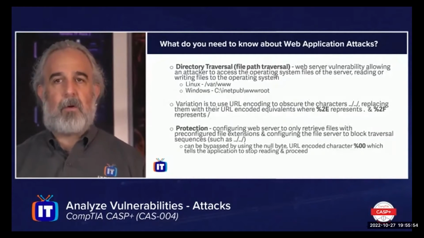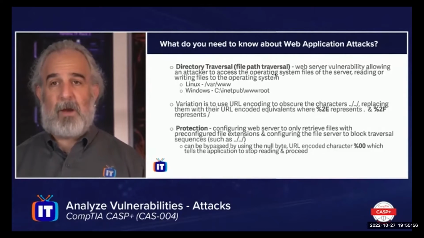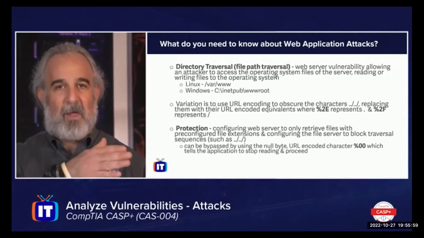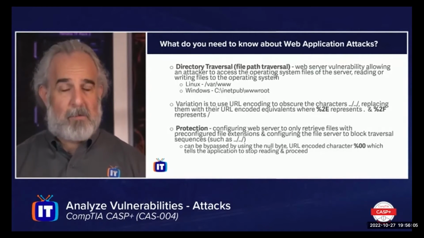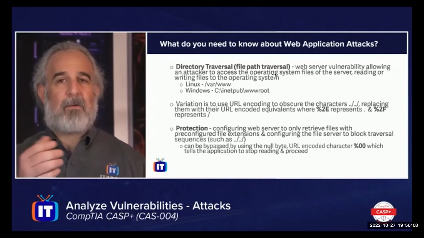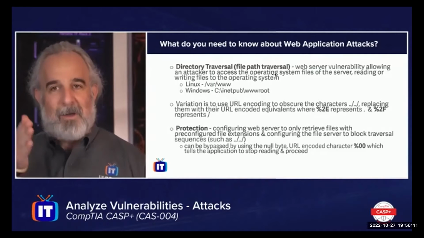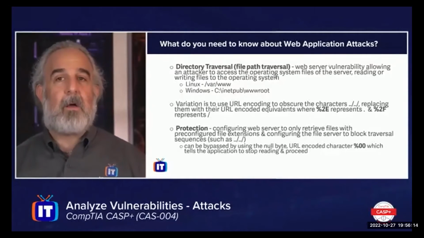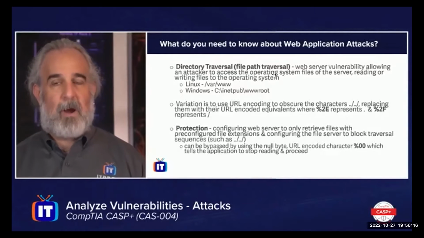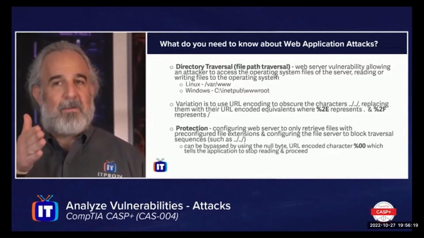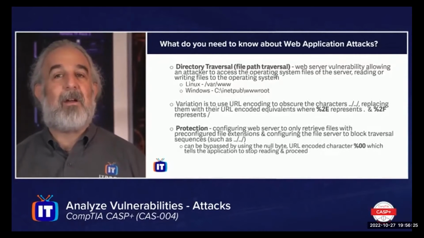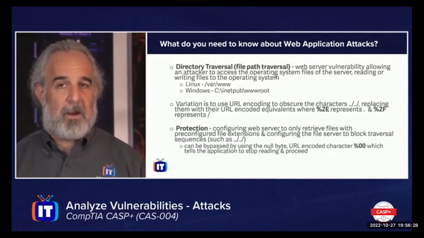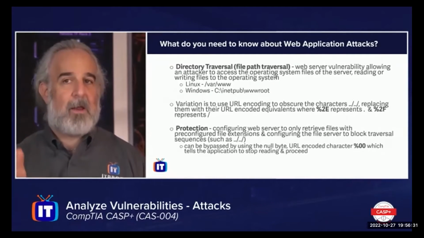So configuring the web server to only retrieve files with pre-configured file extensions and blocking traversal sequences like dot-dot-slash, or forward or backslash, can be a protective measure that works here. But there are some ways we get around this. We can encode this particular dot-dot-slash attack by using URL-encoded equivalents to make it less obvious in the string. So instead of seeing dot-dot-slash, or dot-dot-backslash, we can use %, the number 2, the letter E as in echo, to represent the period in that syntax, and then the % number 2 and